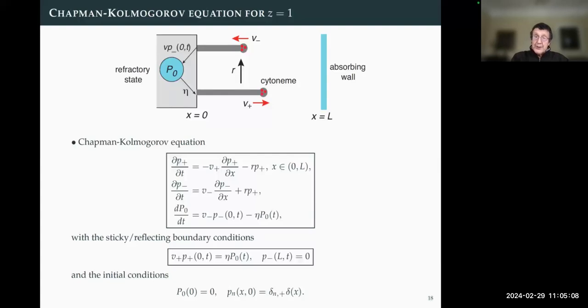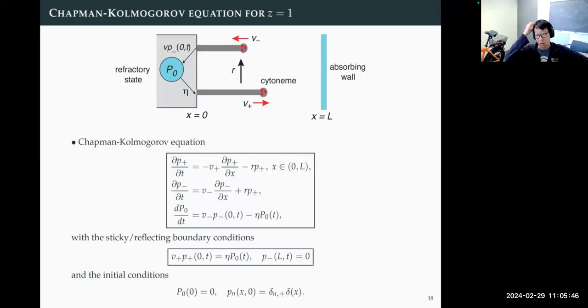You'll notice that the equation is quite similar to the molecular motor transport problem, where P plus is the probability density that the cytoneme is growing, and here X represents the tip or the length of the cytoneme, and it grows at a rate V plus. But whilst it's growing, there's a rate at which it could switch to the resetting phase. And if it enters the resetting phase, it then quickly shrinks back to the origin at a velocity v minus, and it enters that state at a rate r plus.